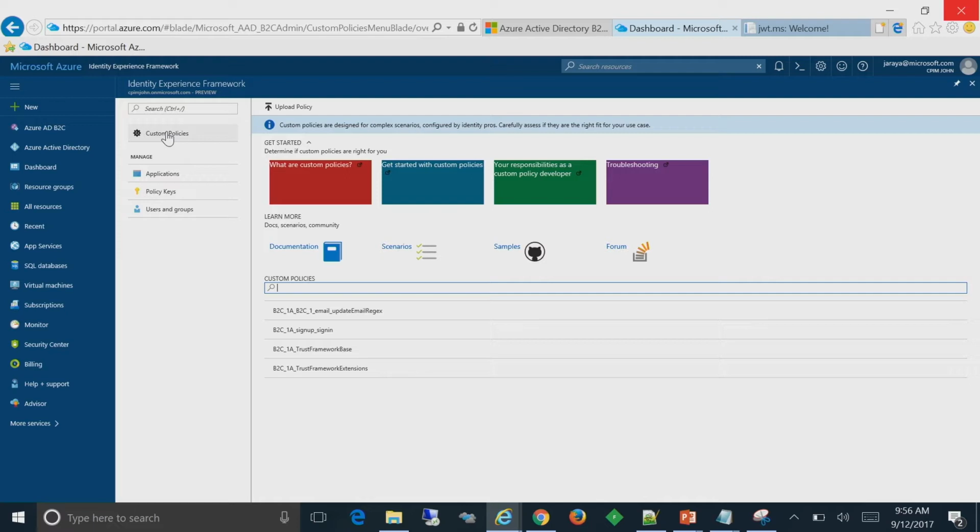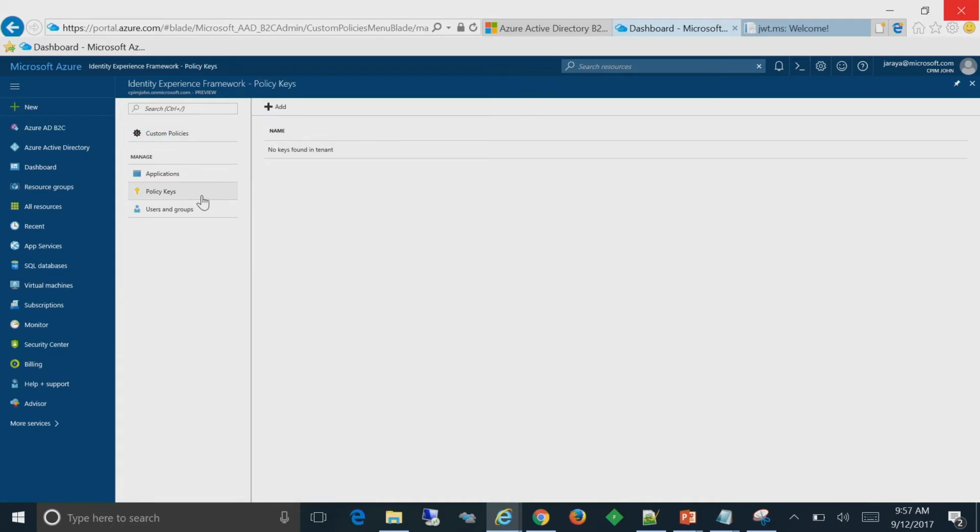You get to this when you click on Identity Experience on the B2C page. It will only be enabled if you have your subscription linked. So this is the hub for this. There are some links to our forum, our samples, and docs and such. But under this tab right here are the policy keys. Some of the ones in my tenant will be,